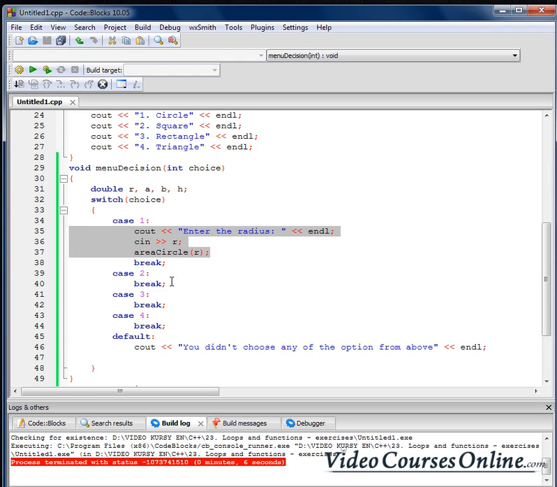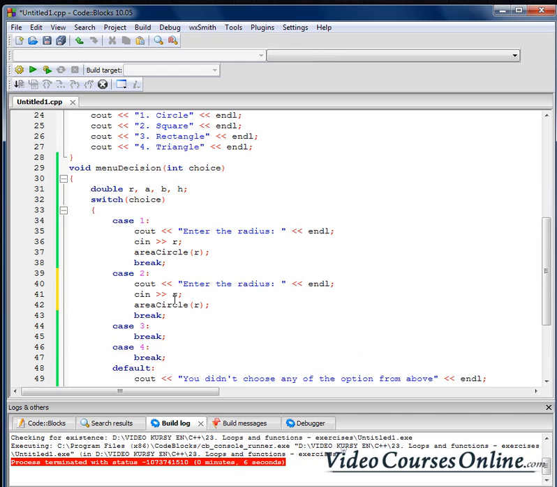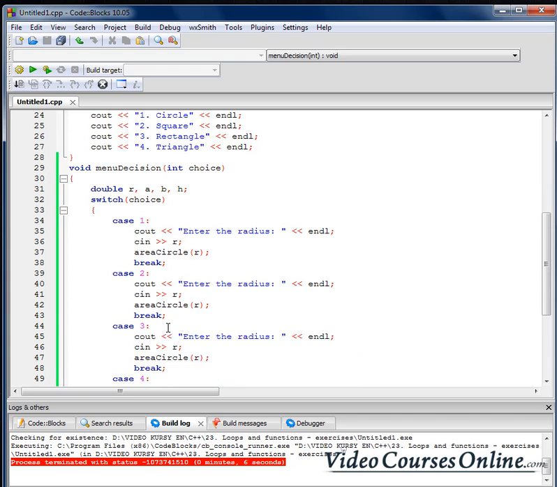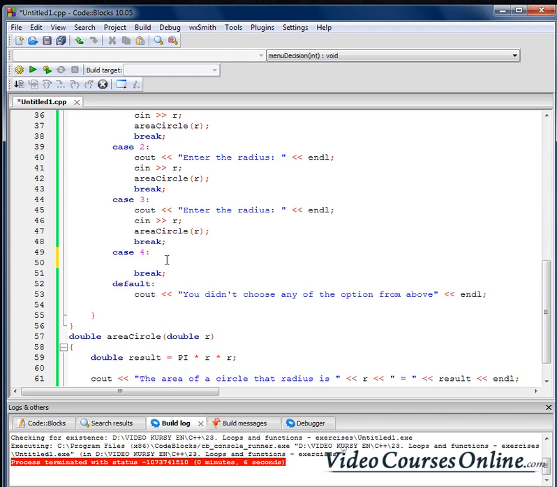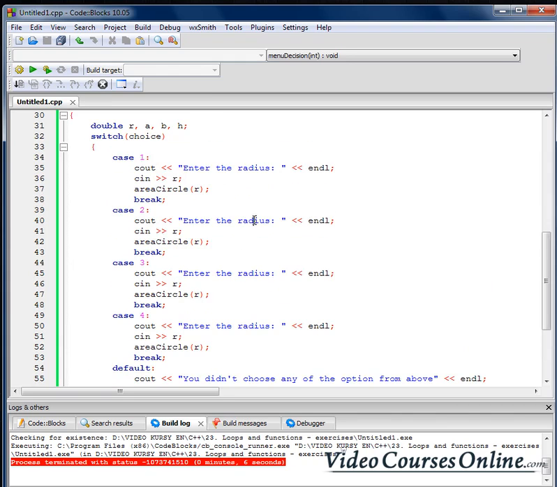And now we can just copy that here like that, and we'll just ask enter the side of a square, and like that, area of square, area of rectangle, area of triangle, enter the